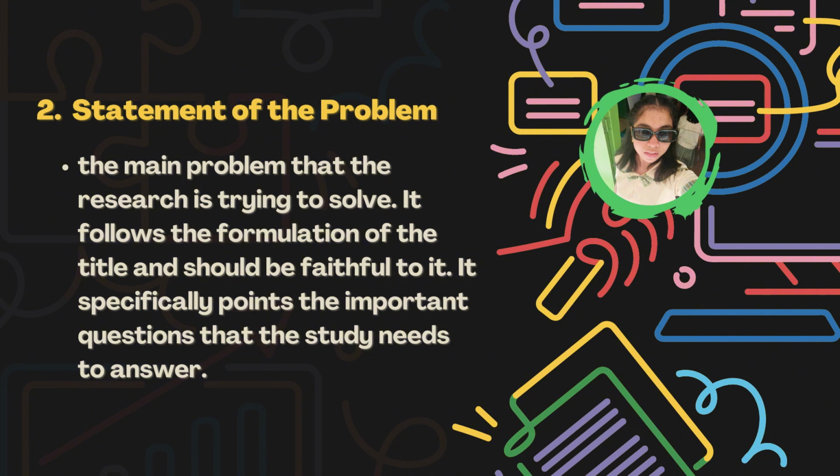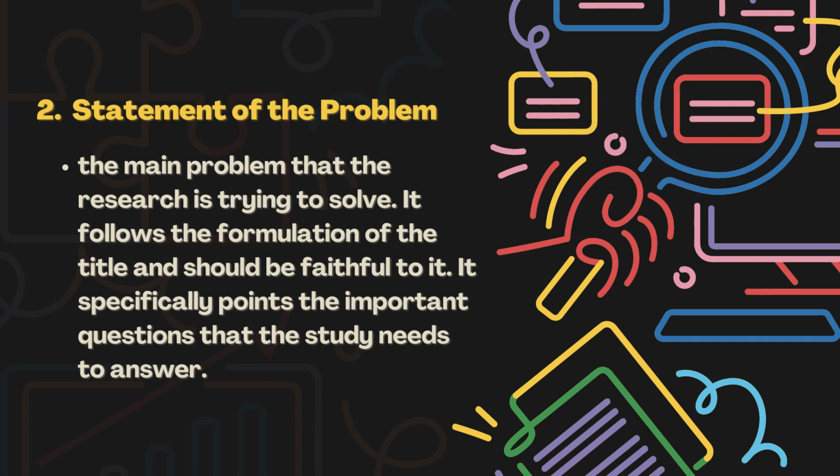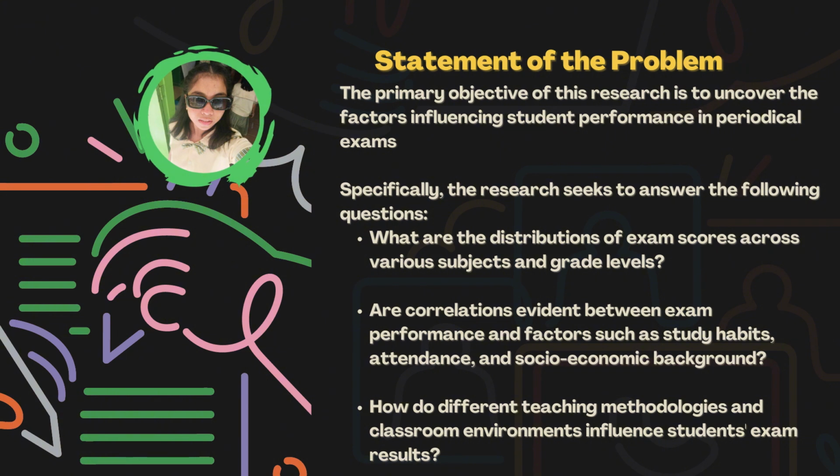It follows the formulation of the title and should be faithful to it. It specifically points out the important questions that the study needs to answer. For better understanding, let us read the example. The primary objective of this research is to uncover the factors influencing student performance in periodical exams. Specifically, the research seeks to answer